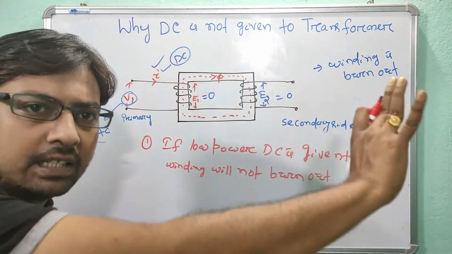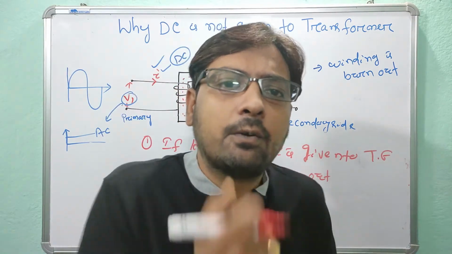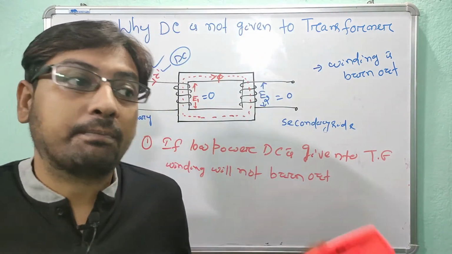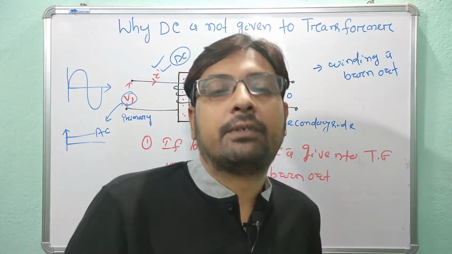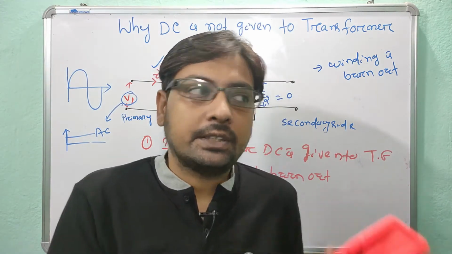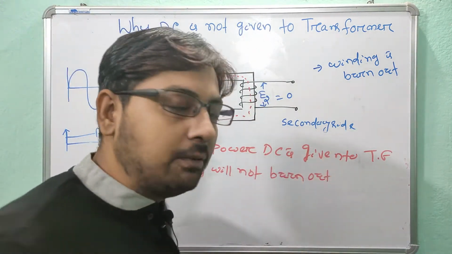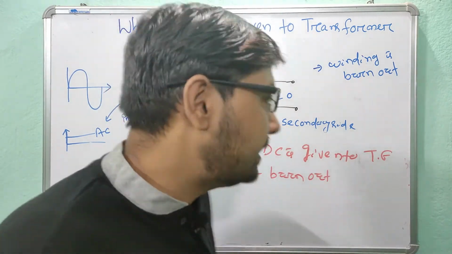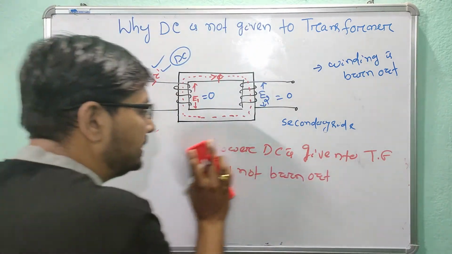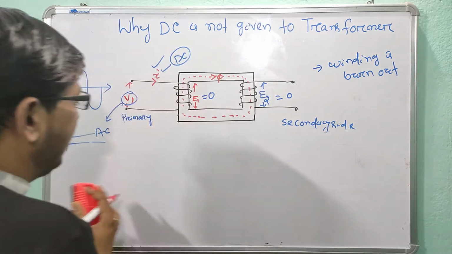So it is perfectly correct. If you provide a low value of DC to the transformer, it is okay, but the transformer action is 0. Again, we'll discuss why